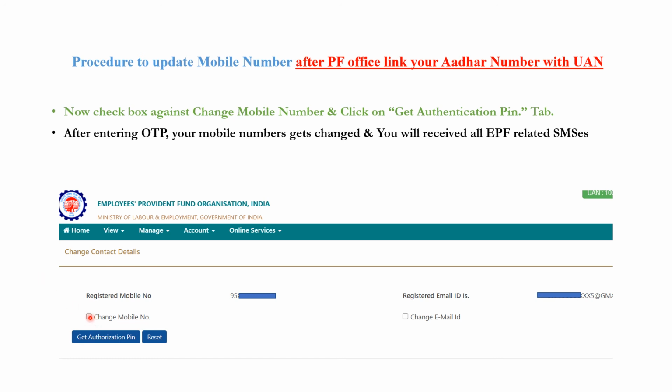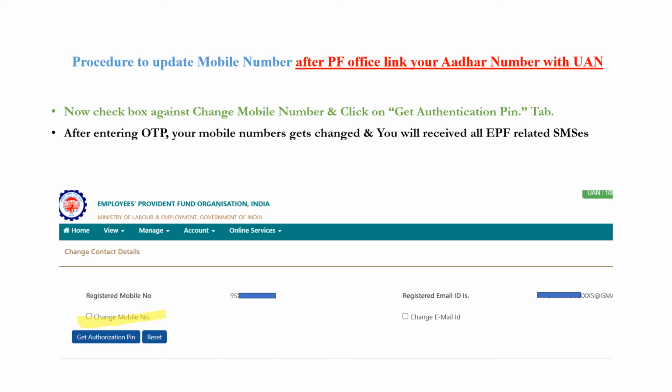Click on change mobile number. That means you have to put a check mark here. I am just highlighting this point. This is the change mobile number option. You have to click on change mobile number.